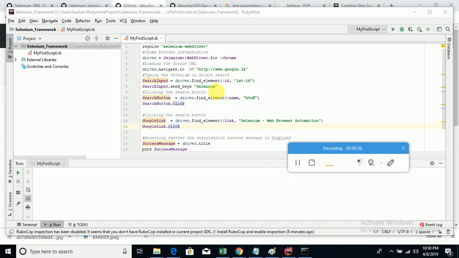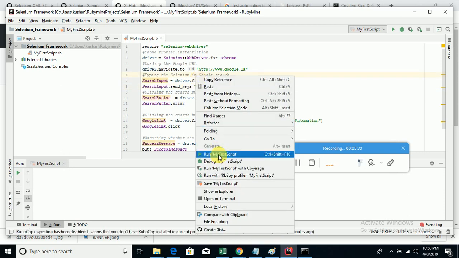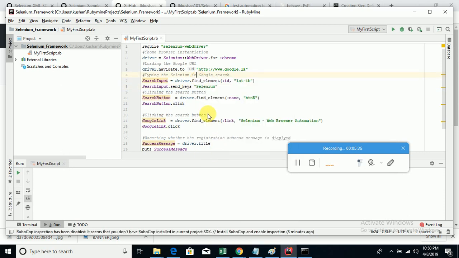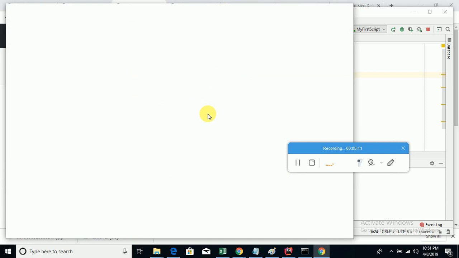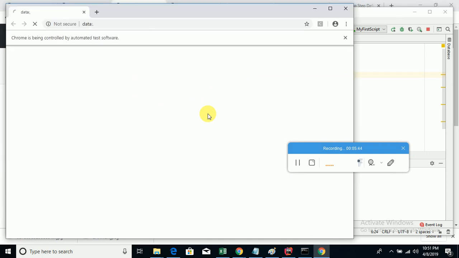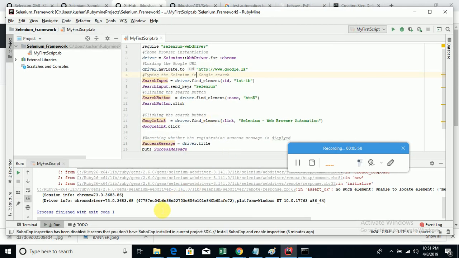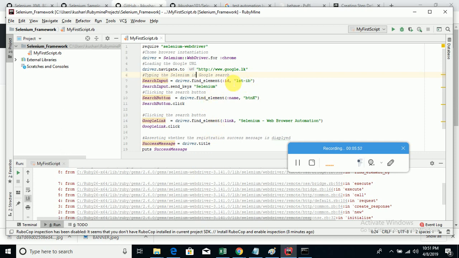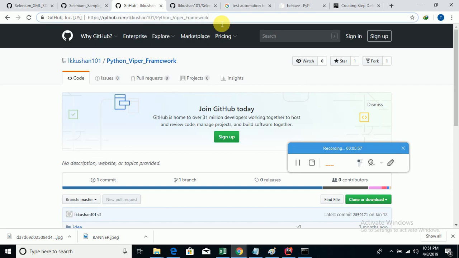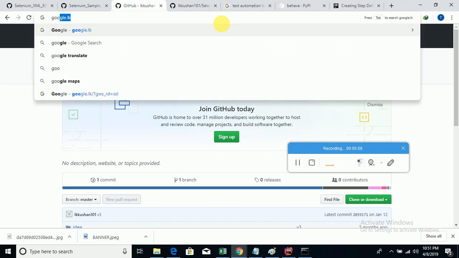To run this script, right-click on the script and run myfirstscript, so that it will start executing. You see Google Chrome comes up and it will start executing. But I may have to make some changes because they have recently changed the UI of the Google search page, so it won't identify this element. So I'm going to go to my site google.lk,